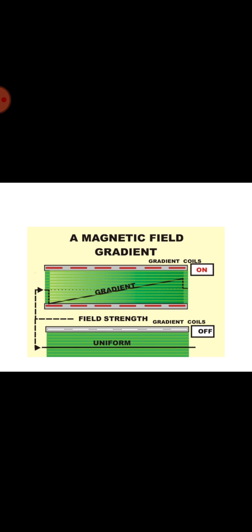Whereas without magnetic field or with the gradient coils off, the field strength is uniform throughout the distance. Next, let us consider the RF transmitter system. In order to get the nuclei to emit a useful signal, energy must be transmitted into the sample. This is what the transmitter does, and the system consists of an RF transmitter, RF power amplifier and RF transmitting